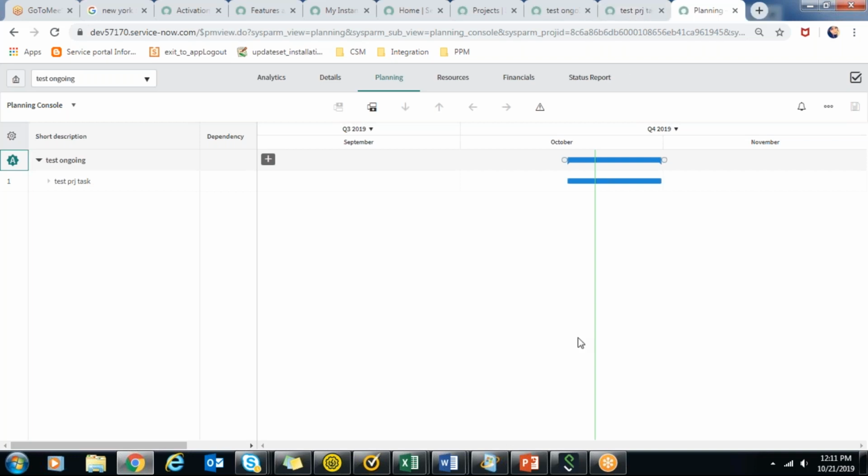And in the planning console, if you log in to your personal instance, all these tools are given. This is an automatic project, this is called WBS, this is how to define dependency.